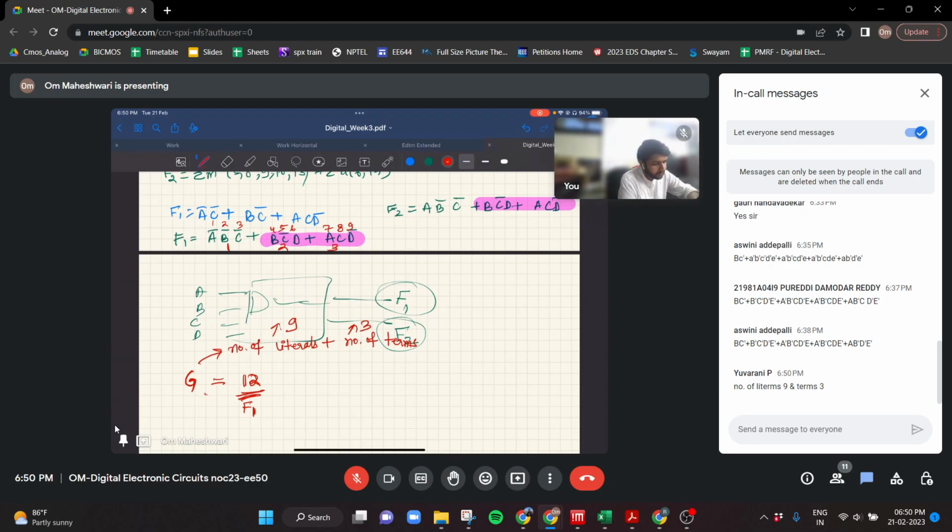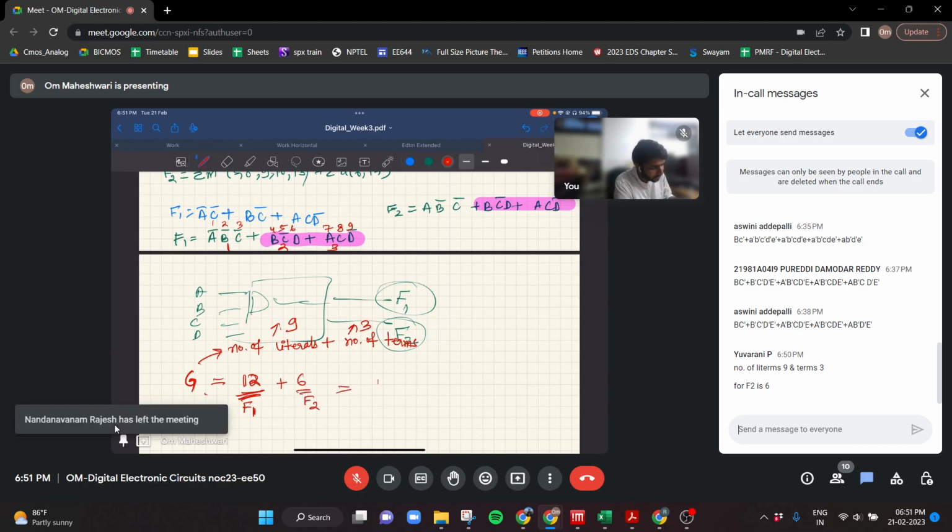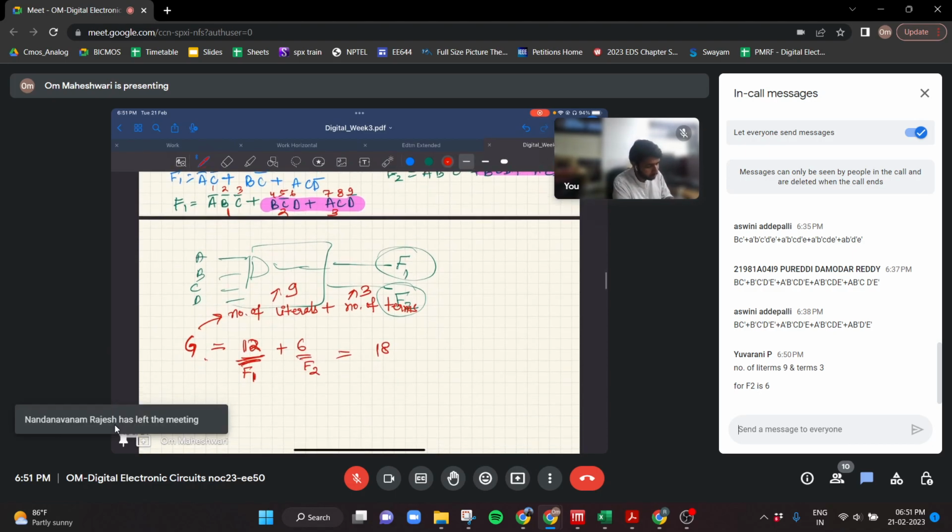But for F2, this part has already been repeated, right? We won't count the literals here. We will just count the number of terms. So it will be 1, 2, 3, 4, 5, 6. Since this part has already been repeated here, we won't repeat the same literals. We'll just take the terms. So it will be plus 6 for F2. Total we have 18. G is 18 and total cost is